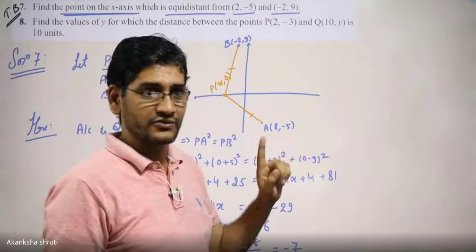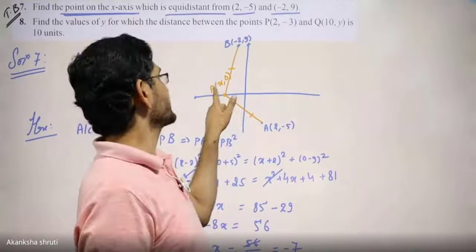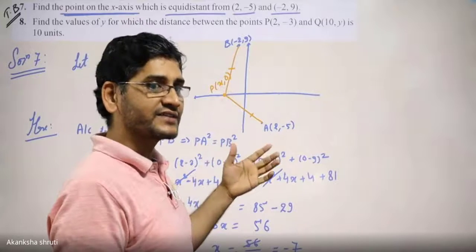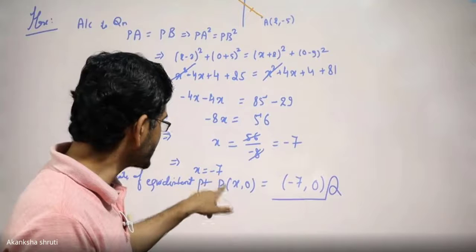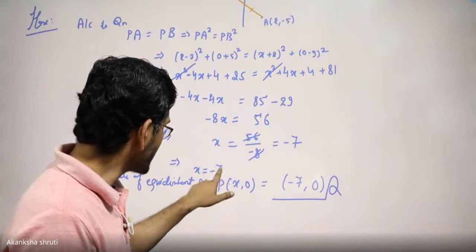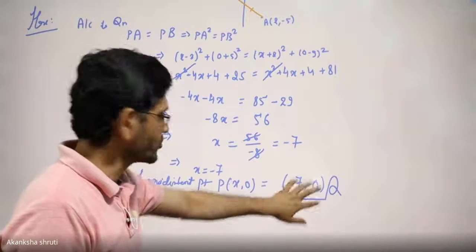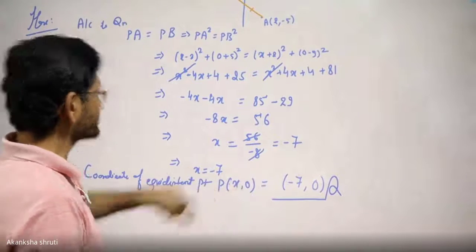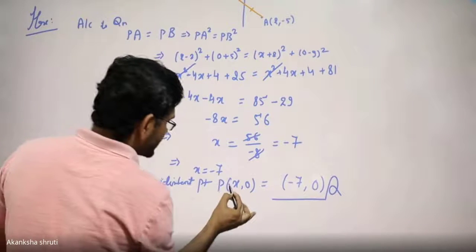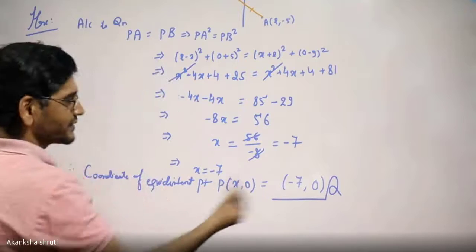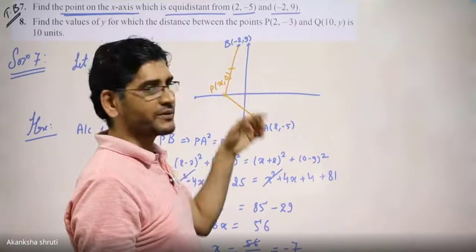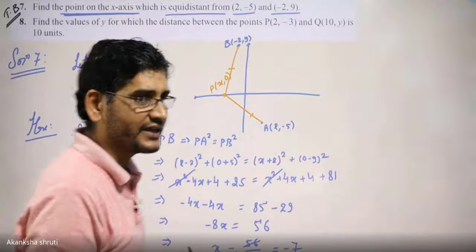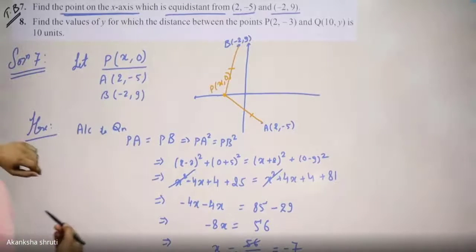Students, we are getting that this x is automatically coming negative. So the important thing, do not forget. Many a time students are taking minus x. If you are taking this as minus x, at that time you will get this x value as positive. So taking this as minus of this 7, again you will get the same result. So the coordinate will remain the same, but you have to handle this sign carefully. If you are not handling it, then a mistake may occur. That's why it is always advisable not to associate the sign here. You just take it positive, and automatically during the calculation you will get the negative sign. So this was question number 7.